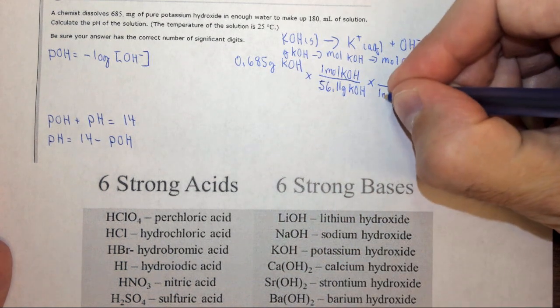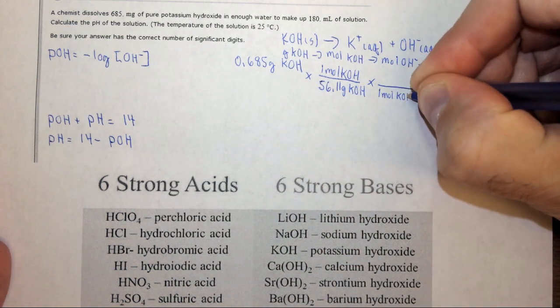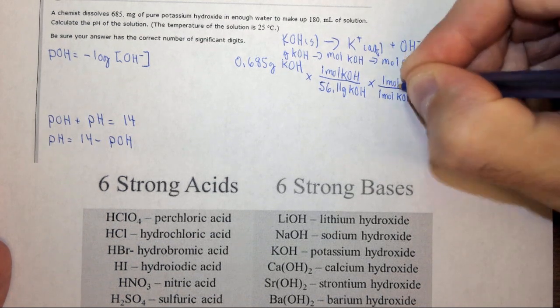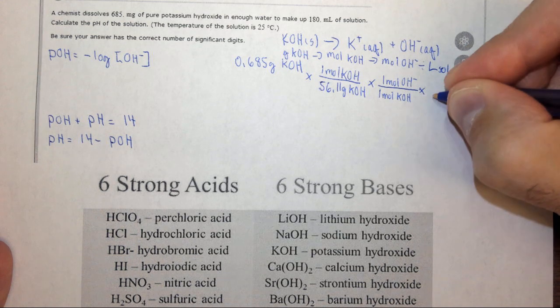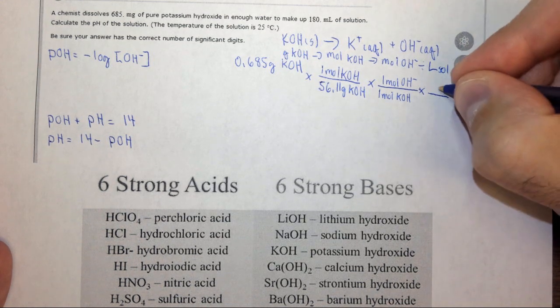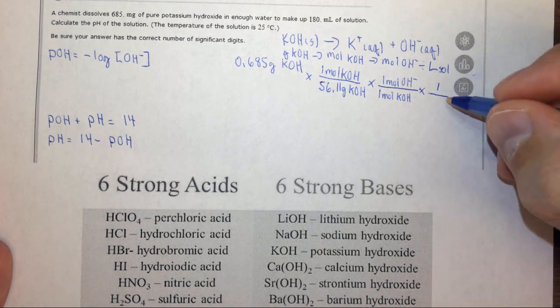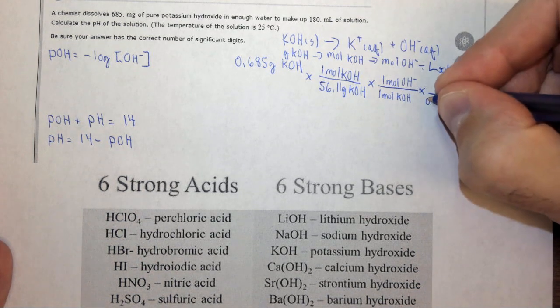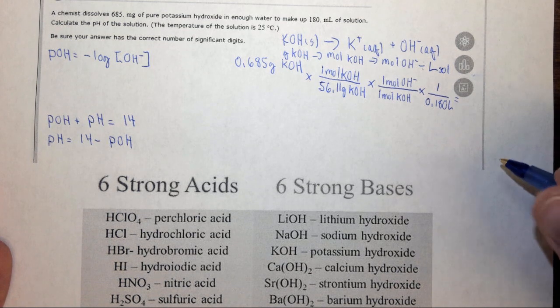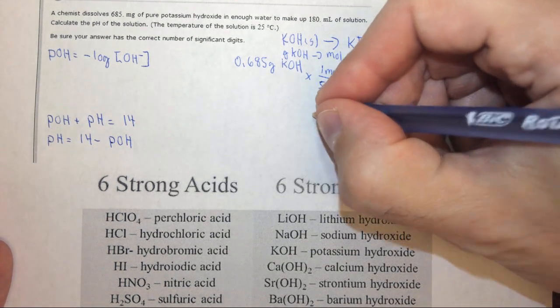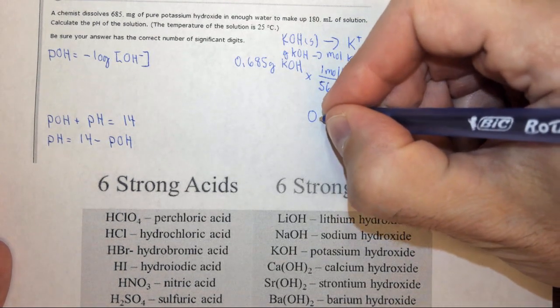So we put 1 mole of KOH on the bottom, 1 mole of OH- on the top, times, we want to divide by liters, so we put 1 over the volume in liters, divide by 1,000, 0.180 liters. And when we do all that math, we find that the concentration of OH- is